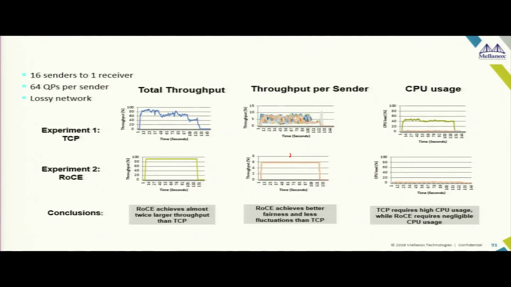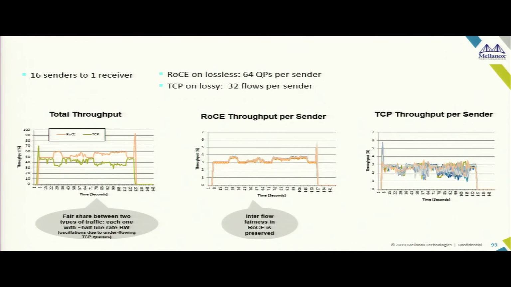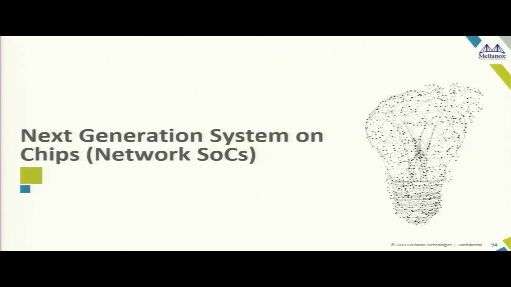Okay? So if you do it over standard TCP without any congestion management, this is what it is. When you do it over RDMA with congestion management, this is what you get. So at the end of the day, all these things that I talked about are imperative to getting good performance or even good functionality out of an HPC system.